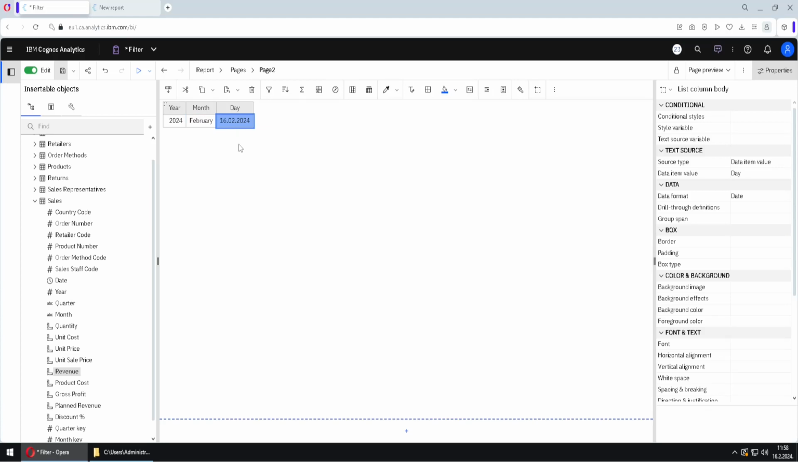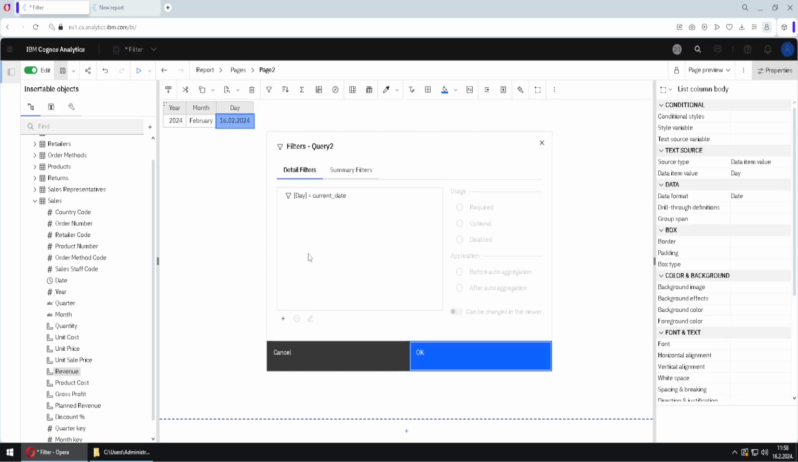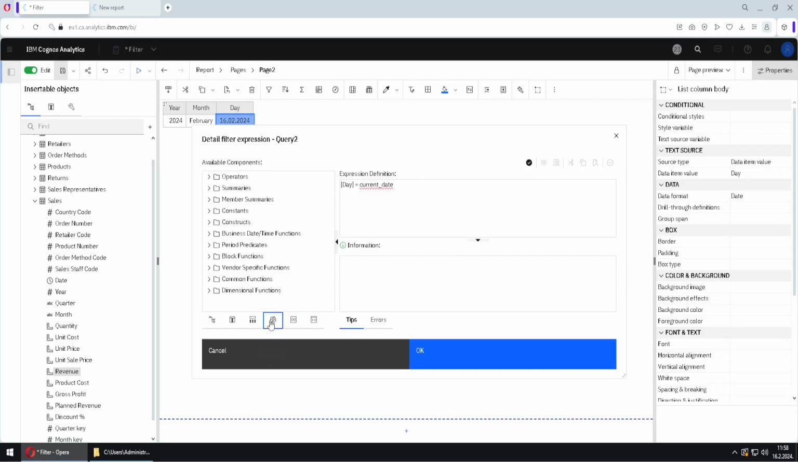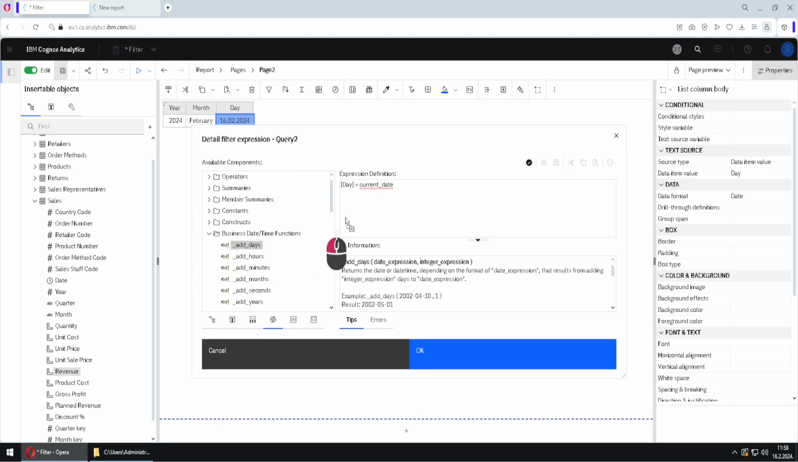But I want to use yesterday's date. So I will again change my formula. I will open it, and I will use another function. I will go here to functions, to the folder business datetime functions, and from here I will use this function add days. I will add it here, and this function will use current date